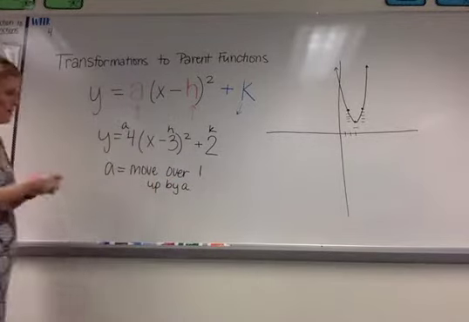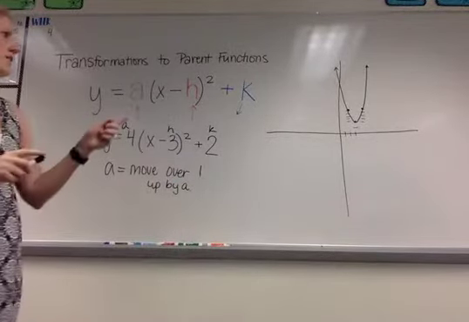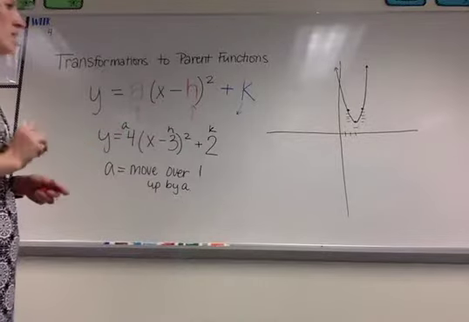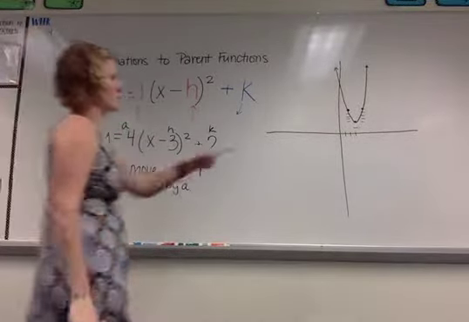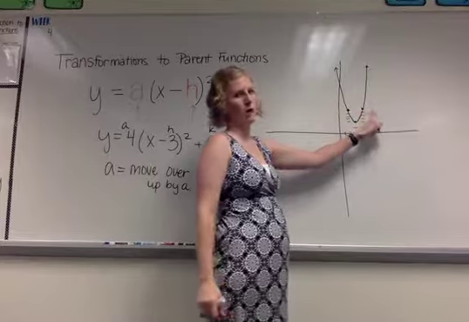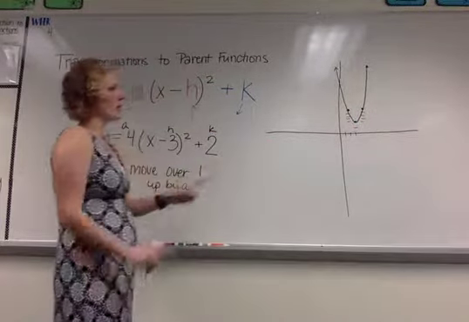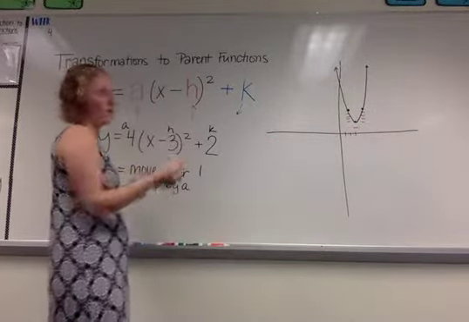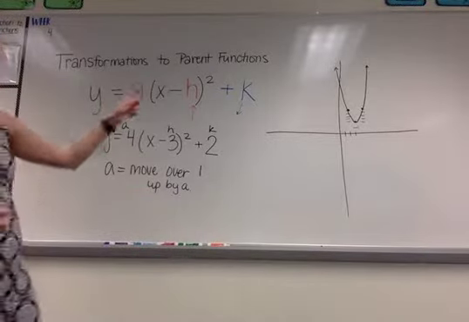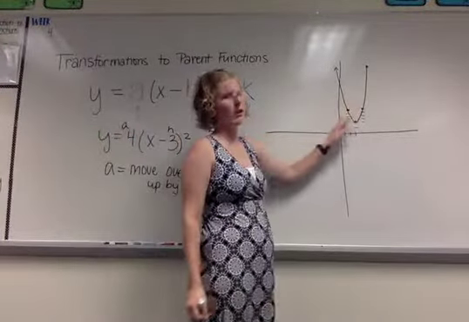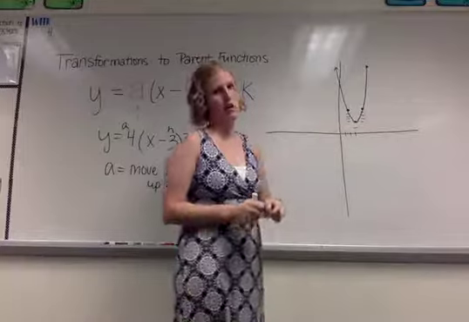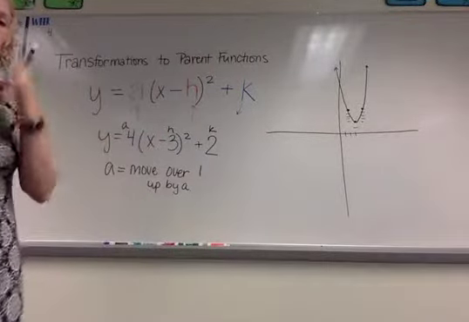Students in years past have said something about it being the slope. It is kind of like the slope because you move over 1, up 4. On that other one, you went up a sixth and over 1. So it really is the slope, but you can't do it after this point. You can only do it for the first point. Okay, so that is